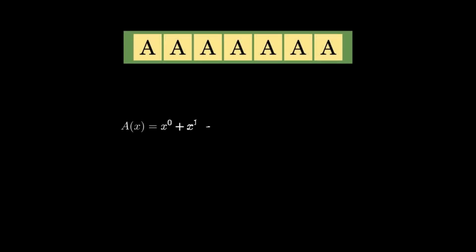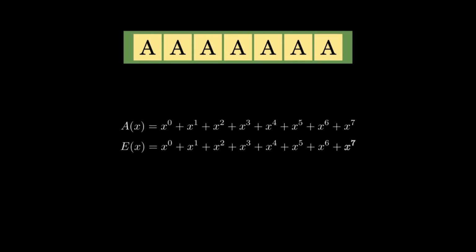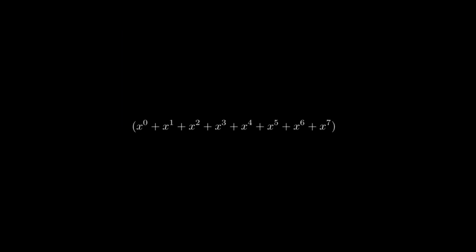When we represented n coin flips as a generating function, we called an event one coin flip. Here we'll call an event choosing a tile of a particular type. A can be chosen up to 7 times per event, so the generating function looks like this. The same is true for E, since the situation is symmetrical. So how many unique racks are there in this simplified version? The first event is choosing the A's, then the second event is choosing the E's. So our new generating function will be (1 + x + x^2 and so on until x^7) all squared.